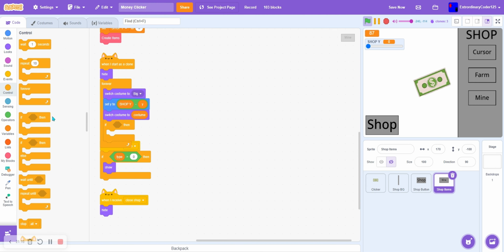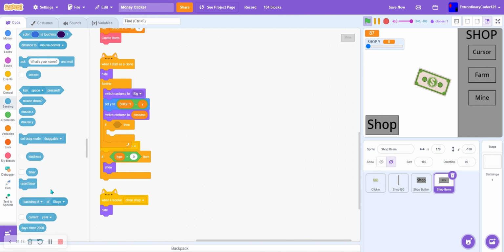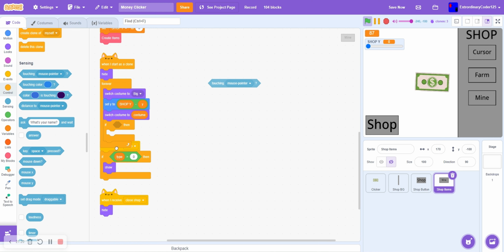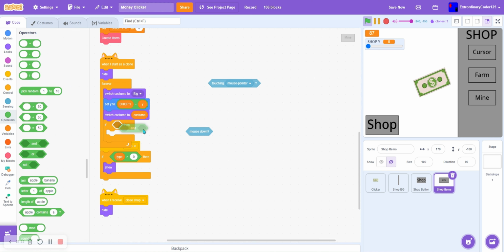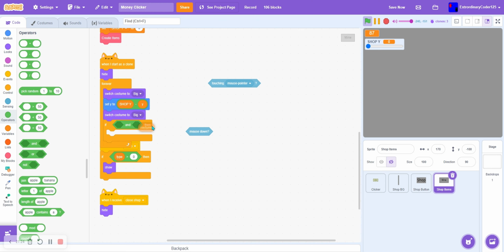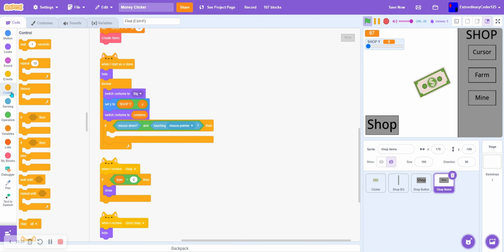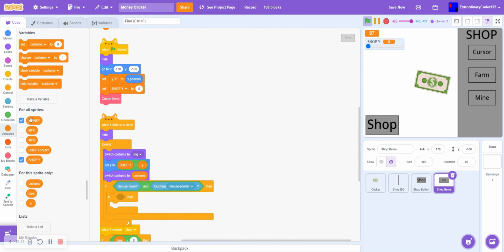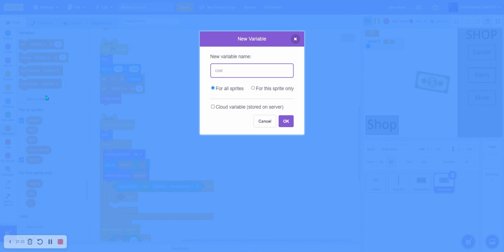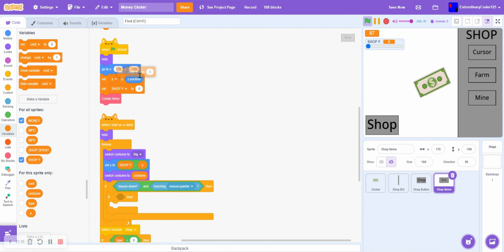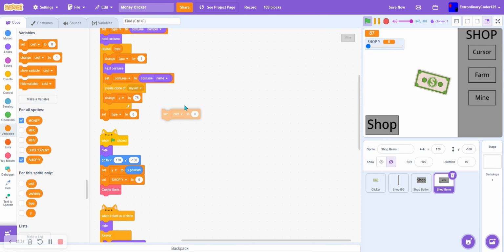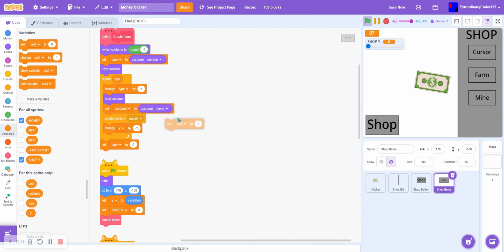So if mouse down and touching mouse pointer, which means that we are being clicked, then what we want to do is, now let's make another variable called cost. We set cost to